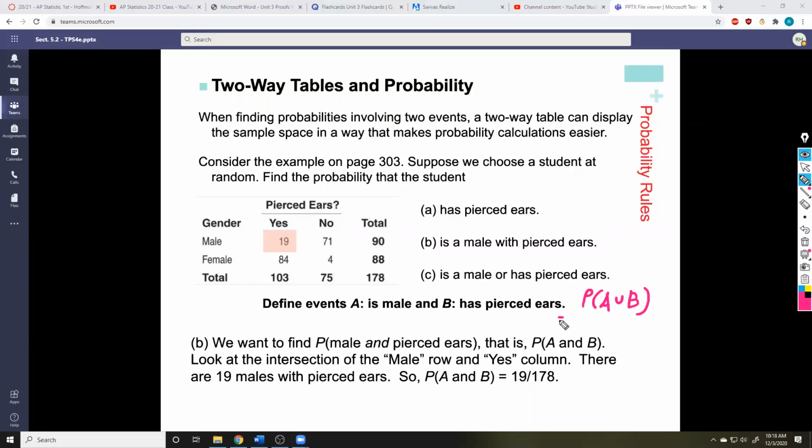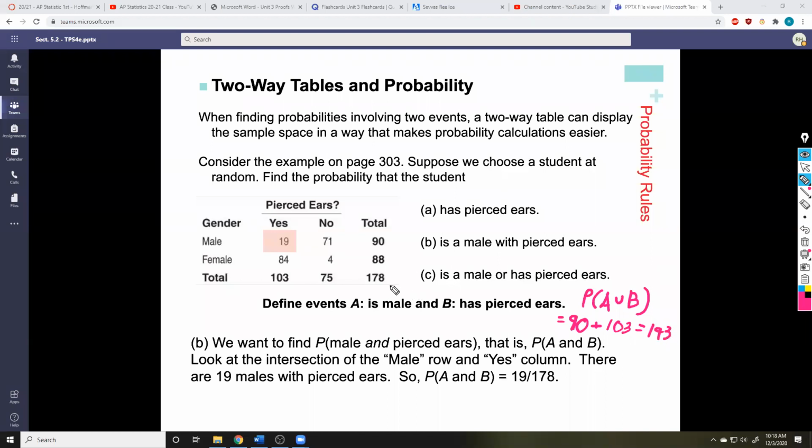So how many do we have that are male? Well, we have 90. How many do we have that have pierced ears? We have 103. Add those together and we get 193